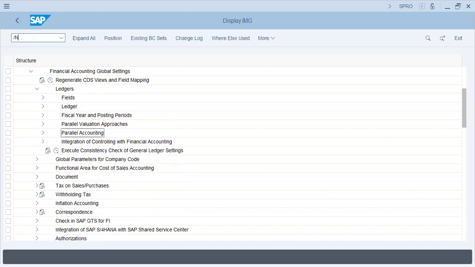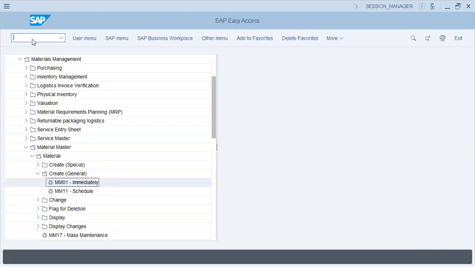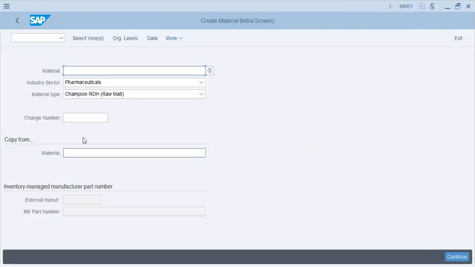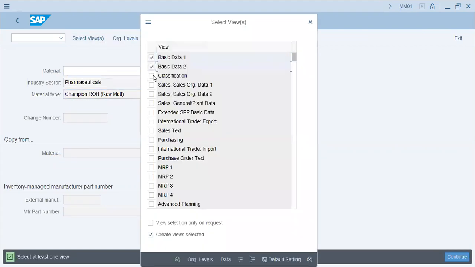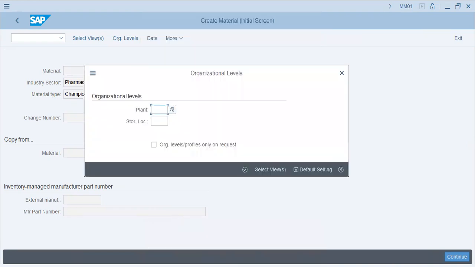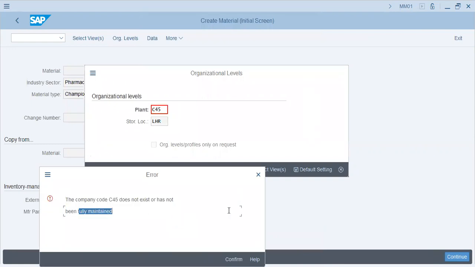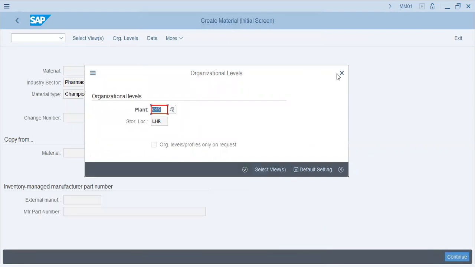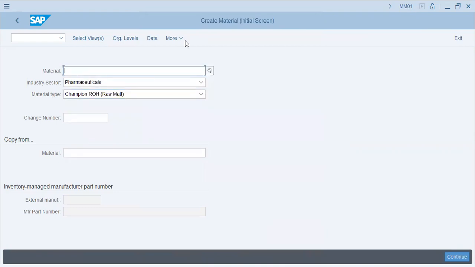Now let's go for material master. MM01, champion, organization levels, basic data. C45 does not exist, has not been fully maintained. Okay. Still, we have some issues. We'll carry it in the next